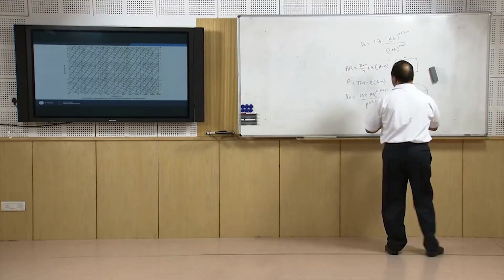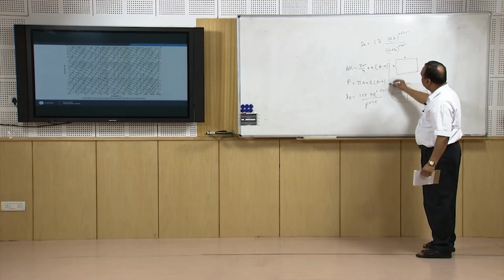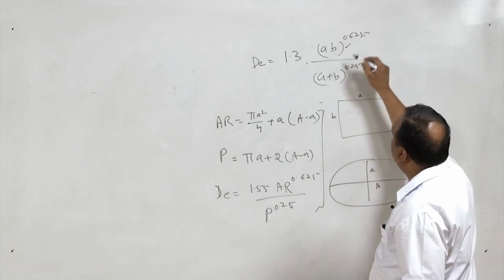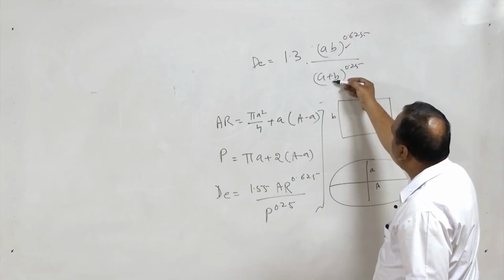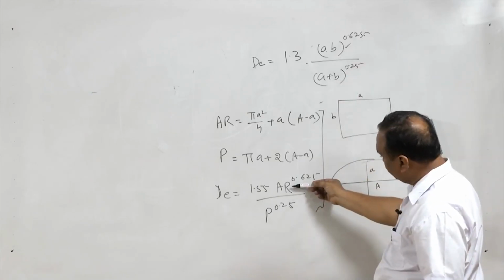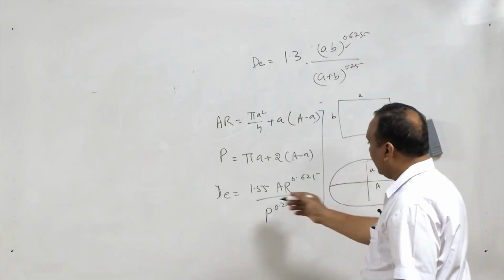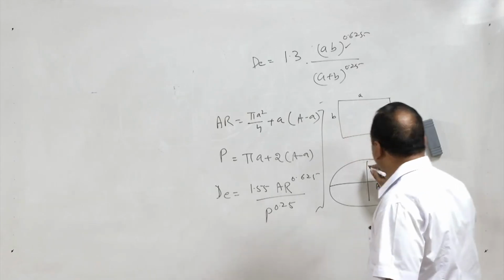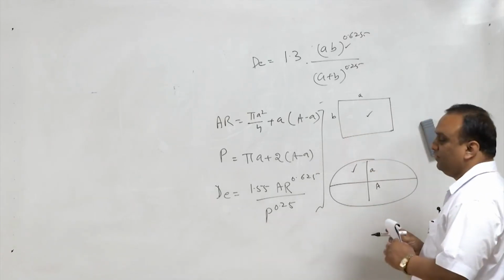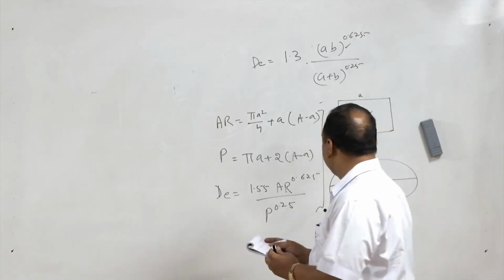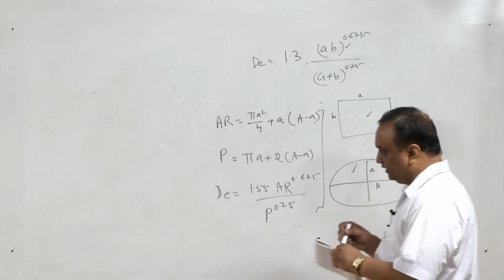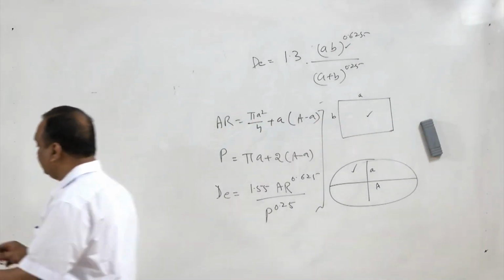oval shaped duct, we have used these formulas. We have taken area and perimeter, function of perimeter, function of area. Here also function of area and function of perimeter, and we will get the equivalent diameter. So, we can get equivalent diameter for both the ducts, whether it is a rectangular or a square duct or an oval shaped duct. Now, we will see